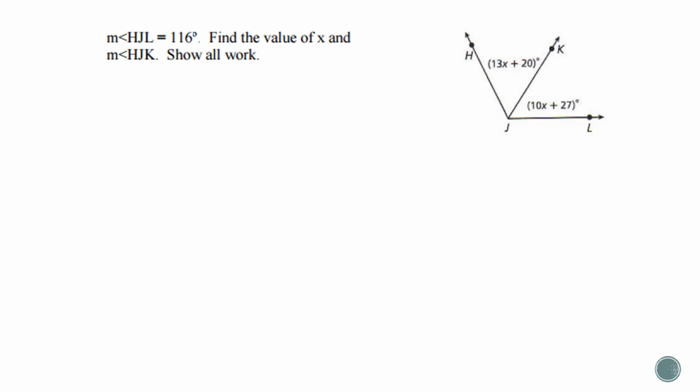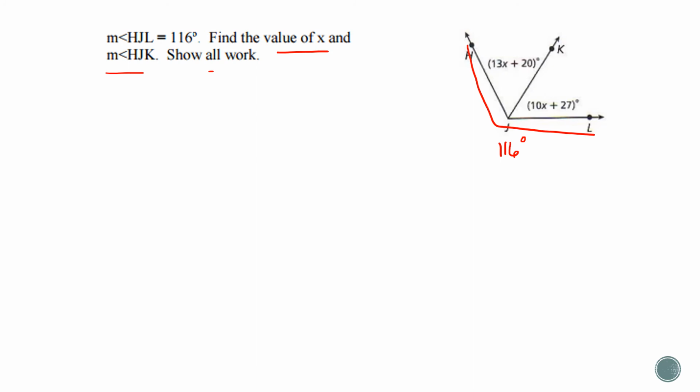side. So the measure of angle HJL, so HJL would be my whole thing, is 116 degrees. We need to find the value of x and the measure of HJK by showing all of our work. So we don't know that JK is the bisector, so we can't assume they're equal. But since we know what the whole is, I go to the left-hand side and I do some work before